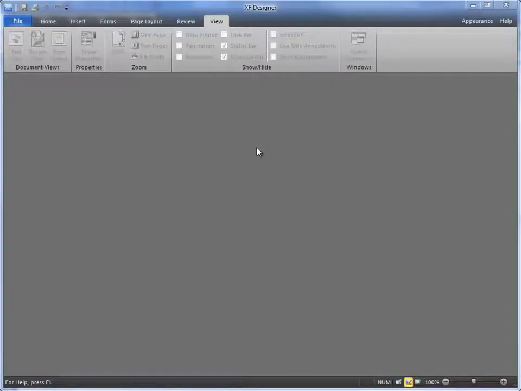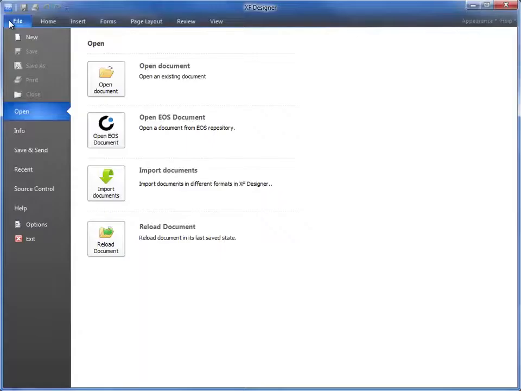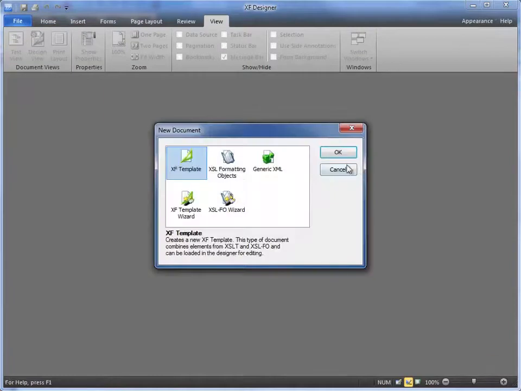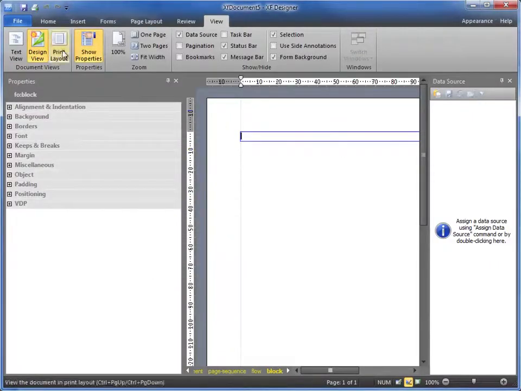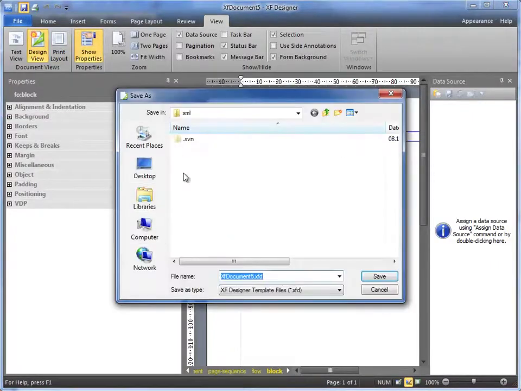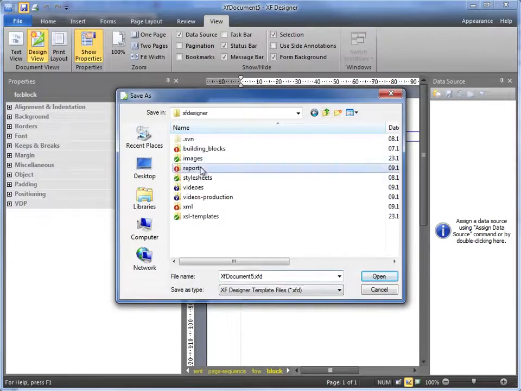In this sample I'm going to create an FF&E specification report, apply some formatting to it, and use a different style sheet. So the first thing I want to do is create a new XF template and save that one, and I'll just save it as